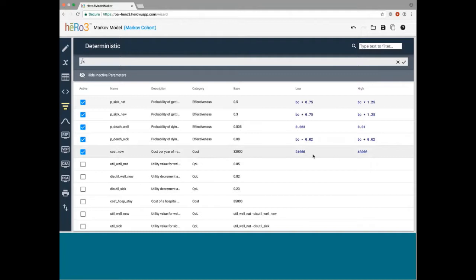For this parameter, we just specified the range over which we want to vary it. For this parameter, we're saying we want to do plus or minus 0.2 from the base case value. And for these two, we're doing plus or minus 25% of the base case value. Because we've got this keyword here, BC, which references the base case value, it's very easy to define these low and high values as a function of the base case value. Once you build your model, you very quickly get to your result. In Excel, you have to build your output modules. In this, you very quickly define them and you're up and running.